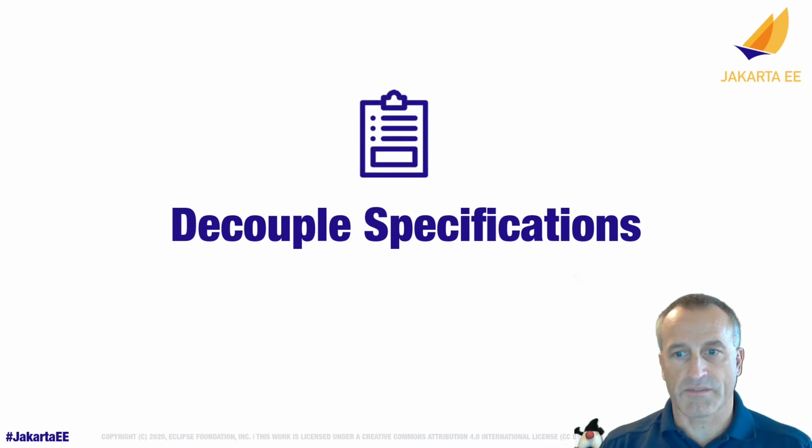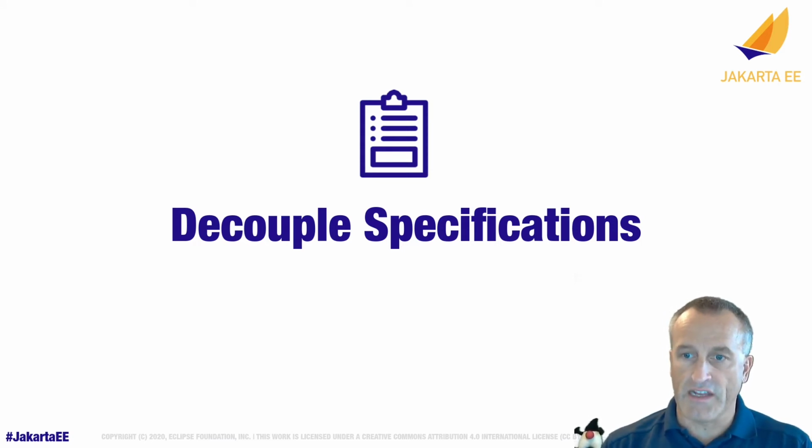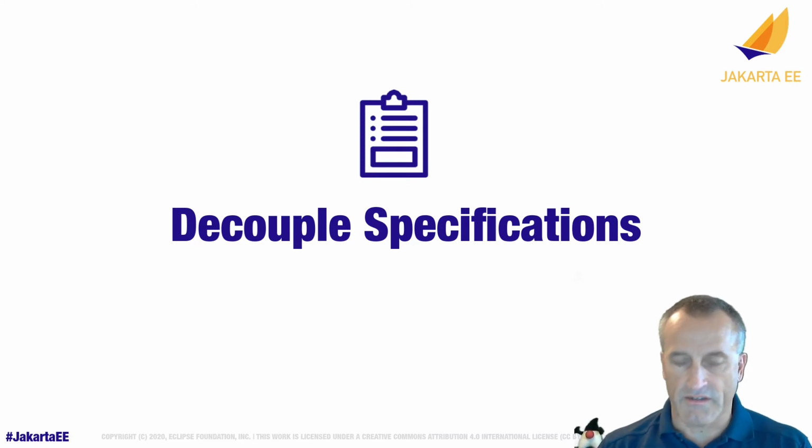We want to decouple the specifications to actually enable us to do this, and that is more a decoupling on the TCK level. So it will make sure that every specification project has control over their own TCK, can develop it as they want, and be able to release independently of the others. Right now we have a little bit too much dependencies between the specifications, so we're trying to decouple that in future releases.